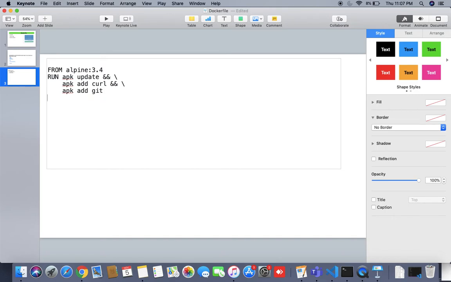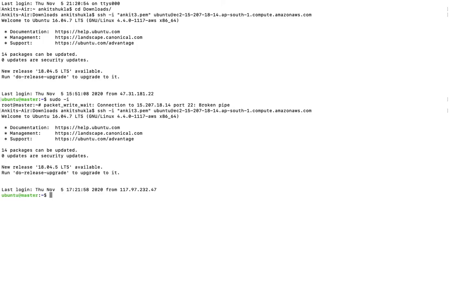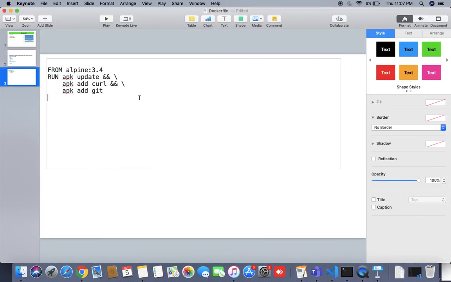One second, let me copy this. So this is my command, this is my server. Wait for a minute, I'll clear it. I'll go as root. Your Docker file name would be only Dockerfile. There is no such thing as Jenkins Dockerfile1 or Dockerfile1, it will not work. Your Docker file name would be only Dockerfile. No Dockerfile1, no Dockerfile2, only Dockerfile.